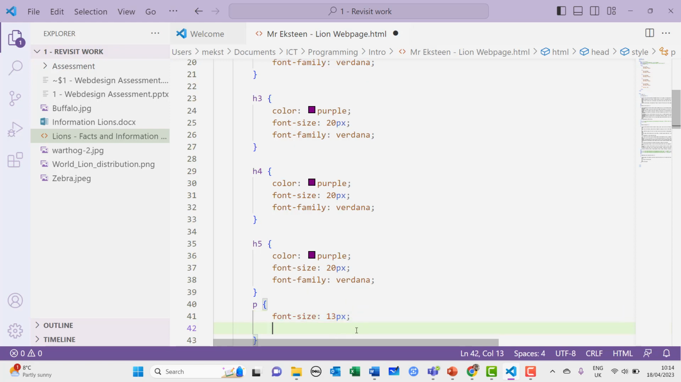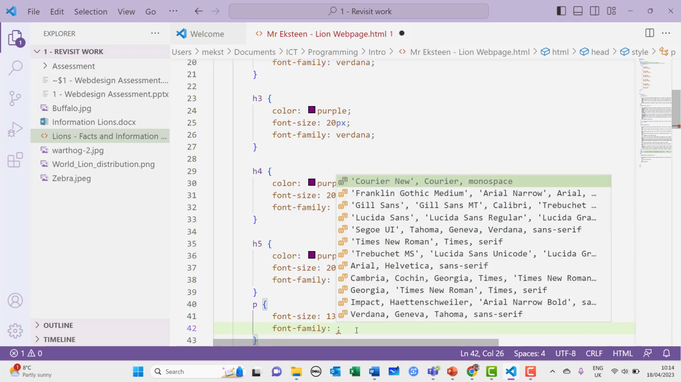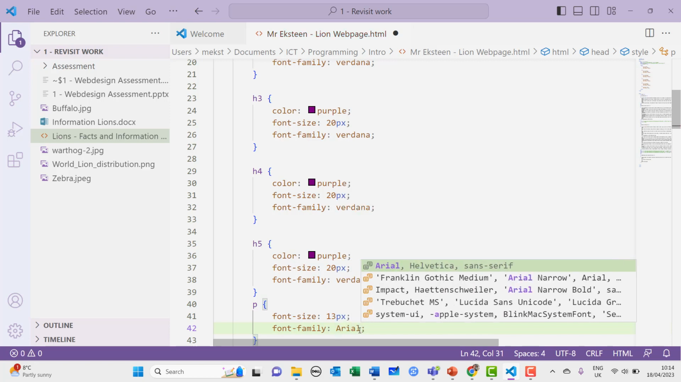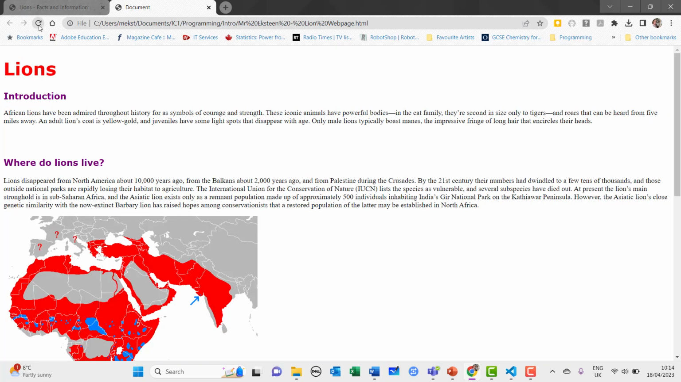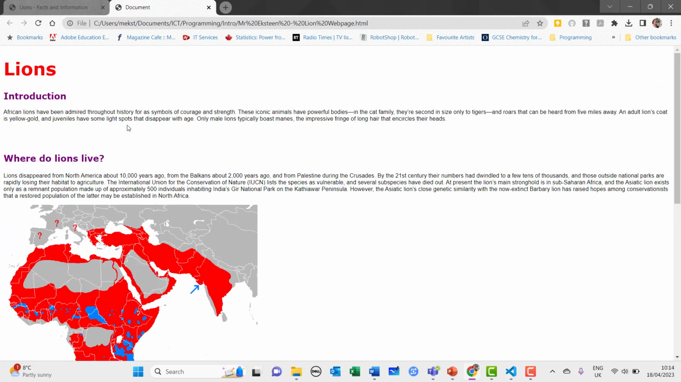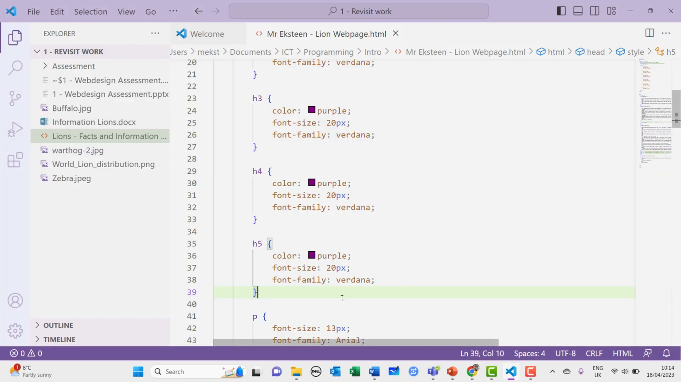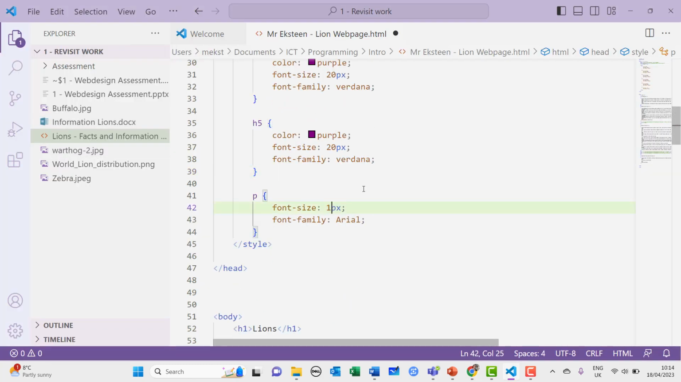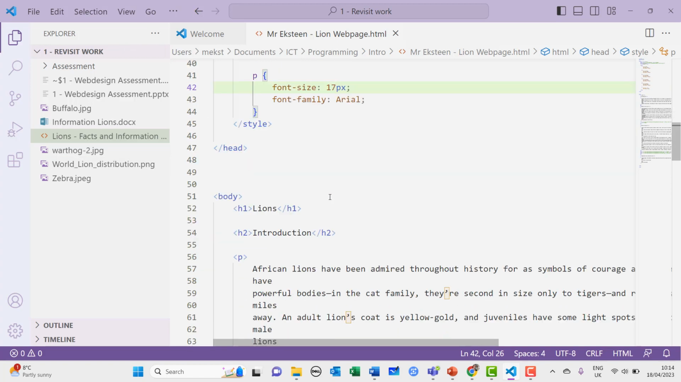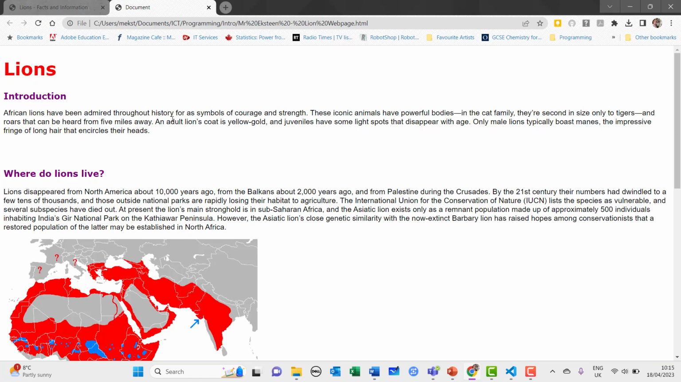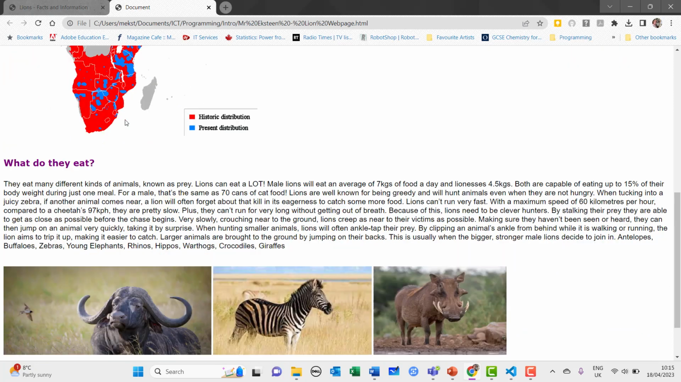And we're going to say the font family is, we could try something else if you like. So let's try Arial. Okay, save my work. Let's go back, refresh the page, and there you go. I think that's too small, so let's make that a bit bigger. Let's say 17. And there we go. You have now created a very, very basic website or web page, which includes